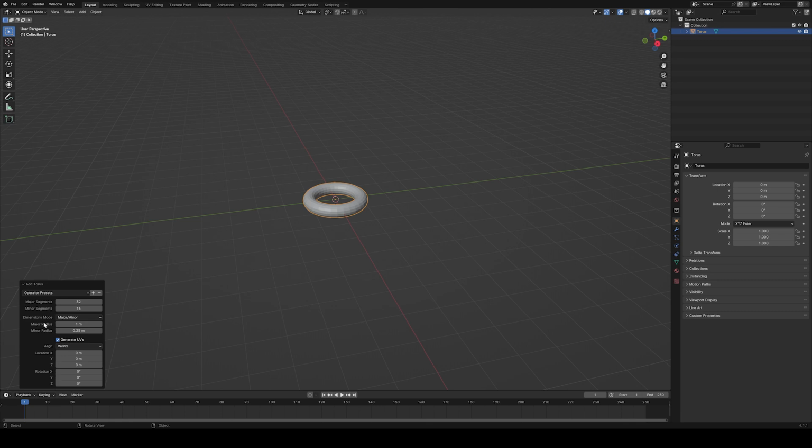So now that we have that set, we're going to set our major radius. According to Google, the average size of a donut is 3 inches, so we're going to put in 3 inches. Okay, and you'll notice that our donut is looking like a ball, and that's because we have to edit our minor radius because it's too big. I'm going to put half of the major radius, so we're going to put in 1.5 inches,